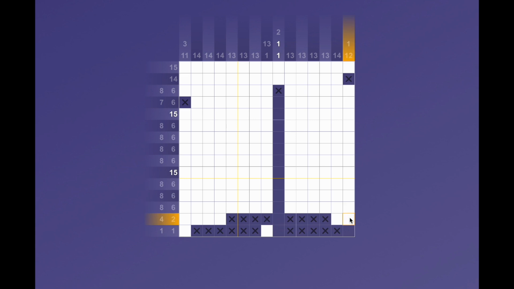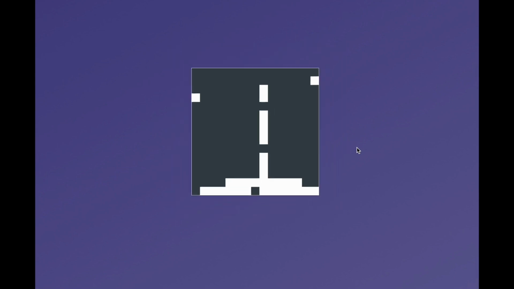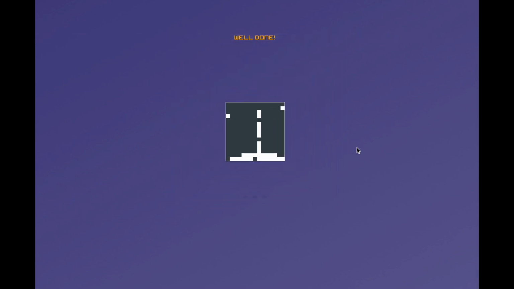12. This column's complete. So the only column not complete is this one with 2 single ones. And there are only 2 rows. So put 1 right there and 1 right there. And this first of these puzzles is complete. Let's move on to the next